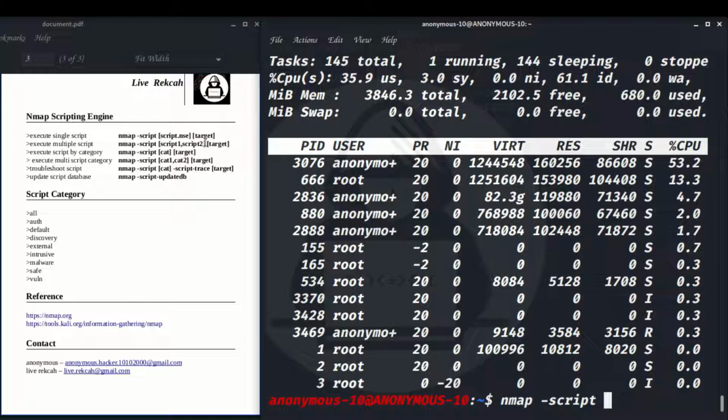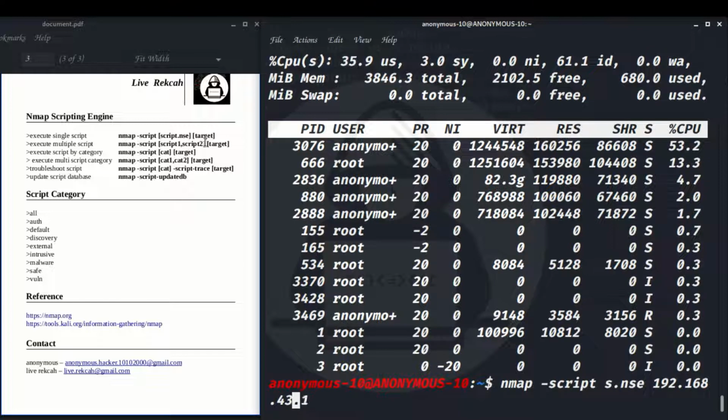Let's say I want to hack Google and breach their firewall. I have built a new script, a big script that will definitely break the firewall of Google, and I have saved the file under the name s.nse. Then you have to mention it as s.nse here. This is what the first command is, the format, and then the target. Actually, I didn't build anything.